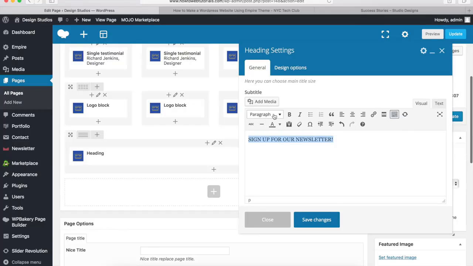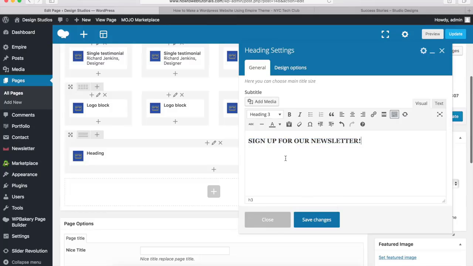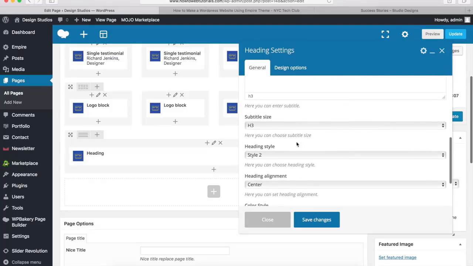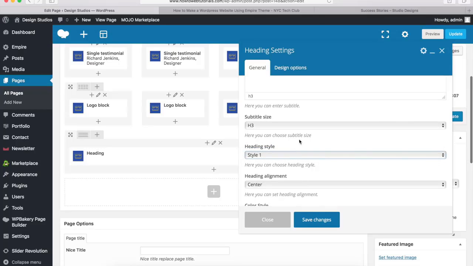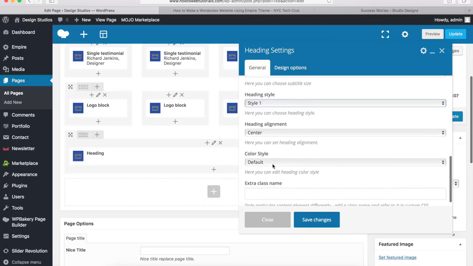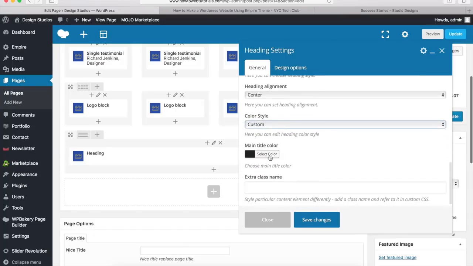And if I highlight this and go into this drop down and change the font size to H3, that's going to increase the font size. And then we can just come down to the bottom, and we want to change the heading style to style 1 for this call to action. And then for the color style, I want to select the custom option and then just change my main title